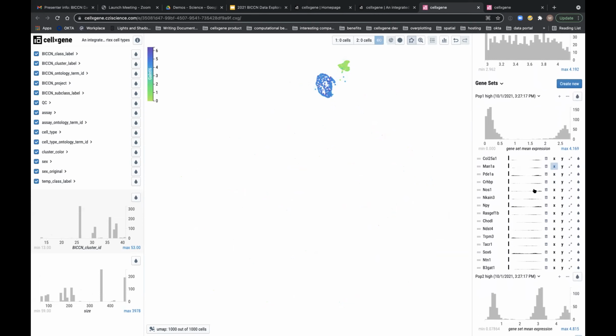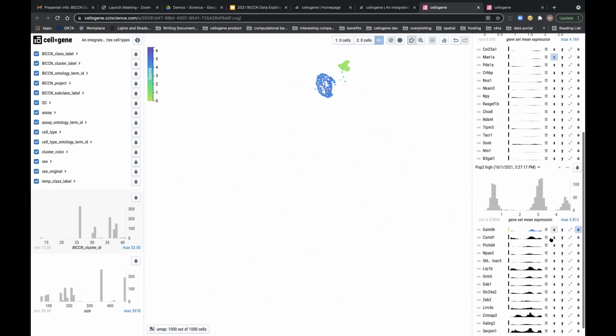So here I'll set man1A to the x-axis and gal NTL6 to the y-axis. This is another view that shows us that there's no co-expression, right? We don't see a lot of cells that have both high levels of gal